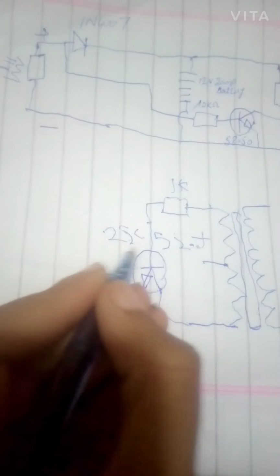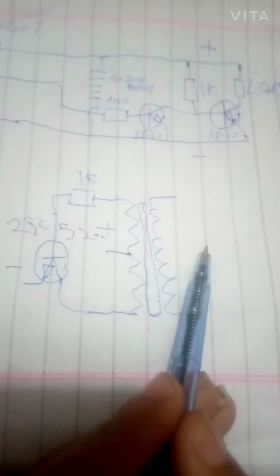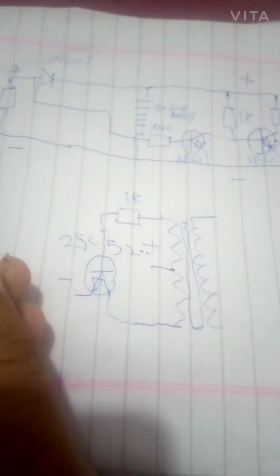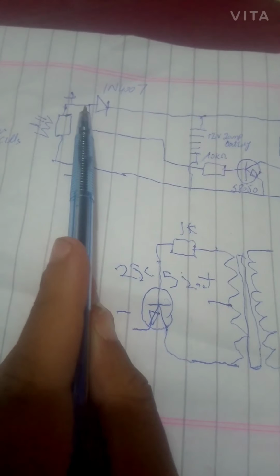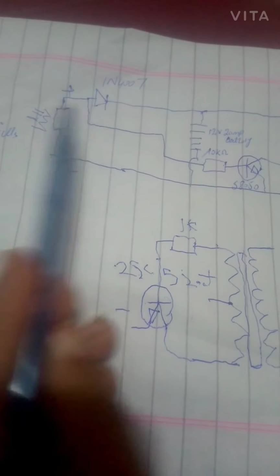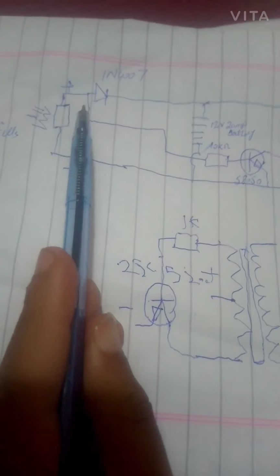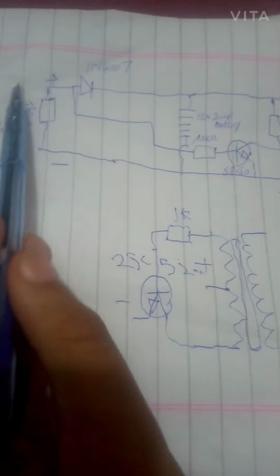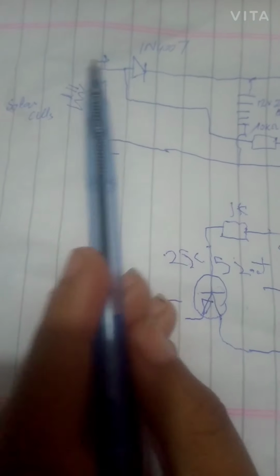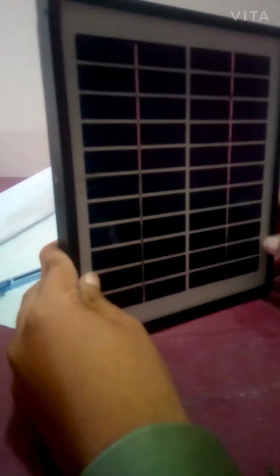So you can connect this circuit, which is an inverter circuit based on 2SC2500. This transistor is attached here, so you can attach this circuit to output and turn on an AC load like 220 volt. You can use this circuit with a solar panel input voltage of 12 volt and maximum 4 to 5 amps. Minimum 2 amp is what you can use, more than 1 amp solar panel. Any 12 volt, 1 amp or more than 1 amp solar panel you can use here. So this is a small little circuit for MPPT controlling circuits. And this is your transmitter, a much useful part.